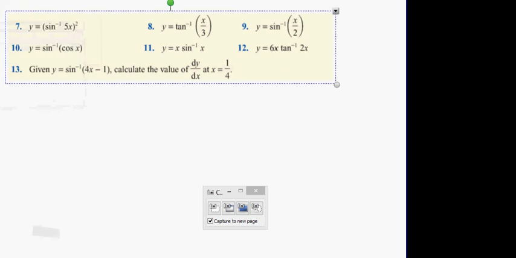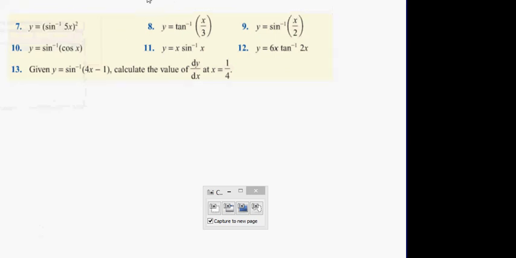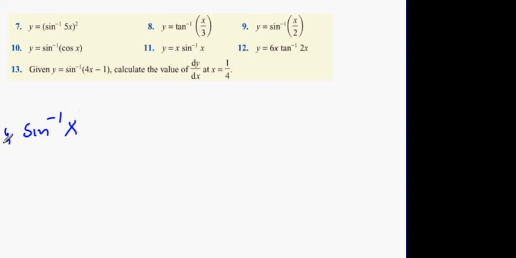There's a generic formula for this, okay? The generic formula for sine inverse x on its own. So if y equals sine inverse x, the generic formula is 1 divided by the square root of a squared minus x squared, okay? Now, in the test you have to do